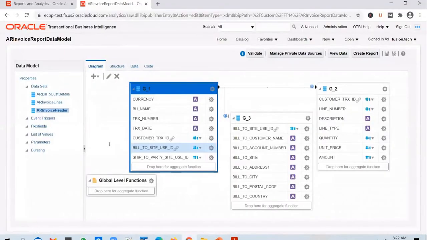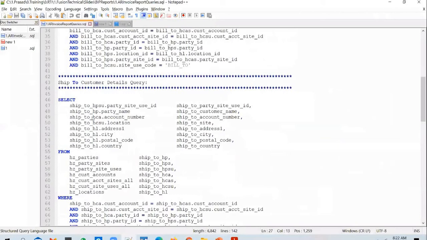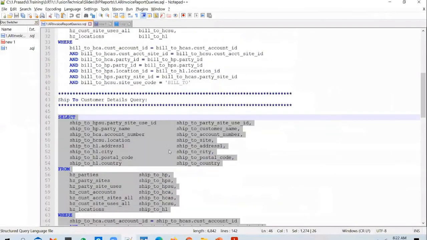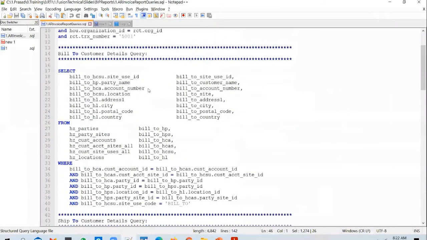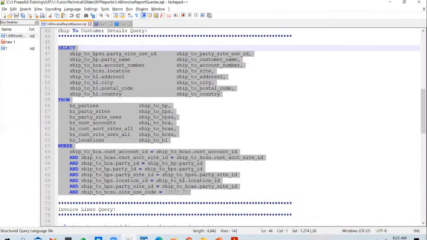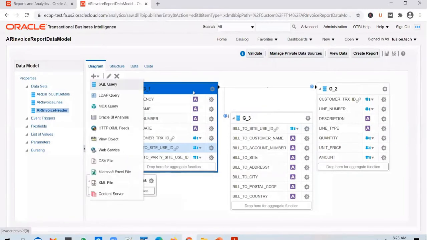Add it in. And on a similar note, let's add another query to pull the ship to details. It's a similar query to this, wherein I'm hitting the customer tables with a ship to reference, and I'm looking for a ship to site. This query, again, by default, will pull all the ship to sites. Then I'll add in this query and pass in this ship to reference to that query as input to the ship to details query, so that the ship to customer details of the invoice will be pulled. So go ahead and add in a query.